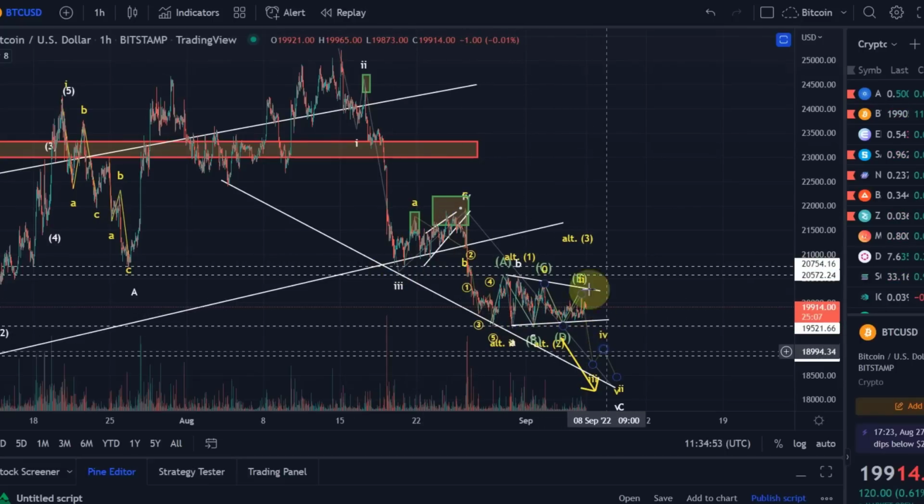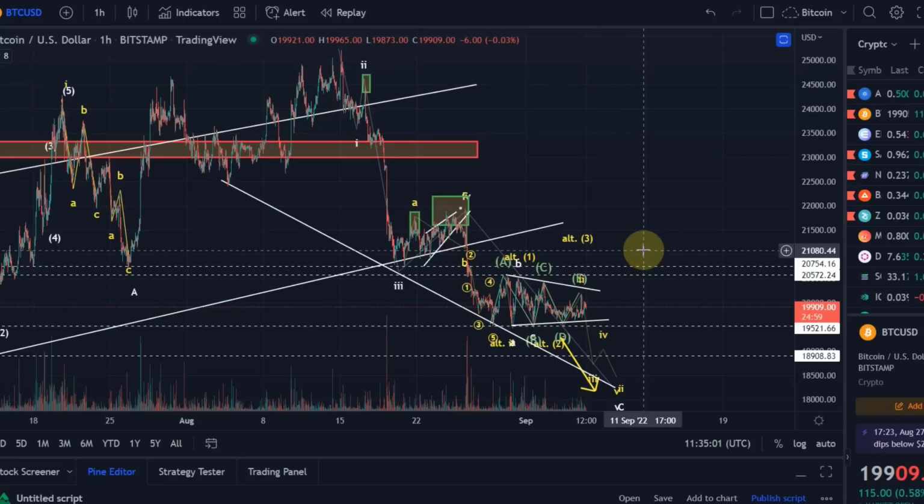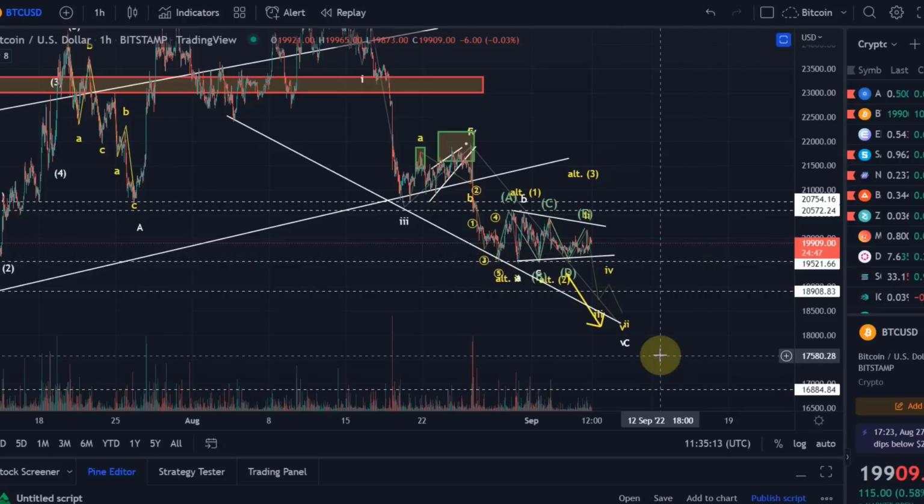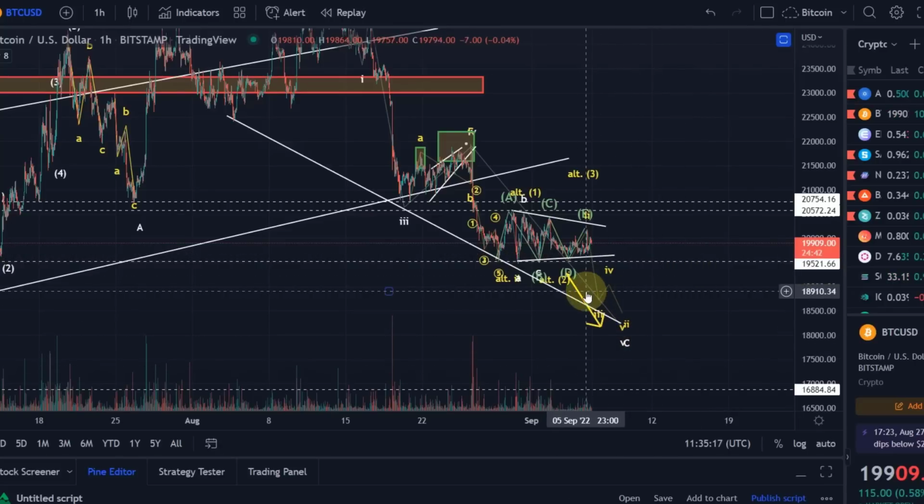Of course, we can always get an extension to the downside, and that is what we simply don't know, and that is what currently the lower level wave count suggests, that there will be one more dip. How low is that going to go? Again here, ideally it's holding above 18.9k. That would be better for the bullish scenario, but even if we go below that, we still have a bullish scenario to focus on. However, again, if we go below 18.9k, we will make the bearish one the primary one.